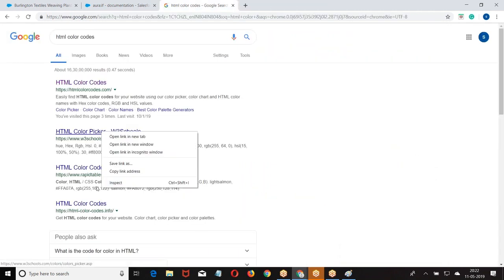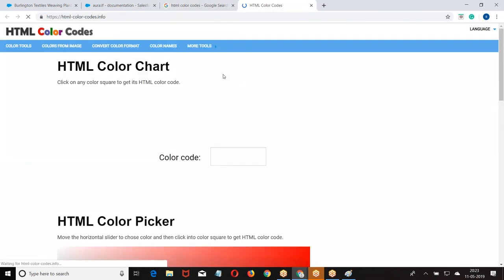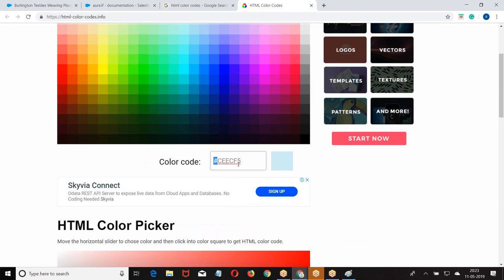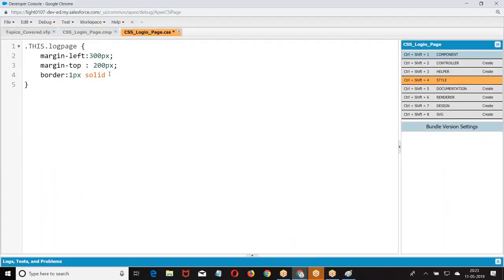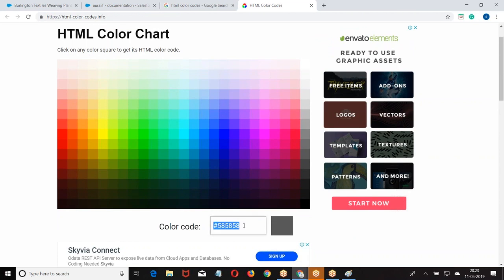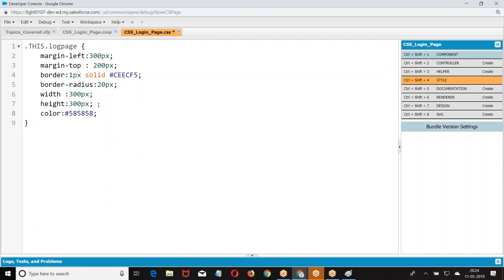Then we have width. Then, what else can we apply?